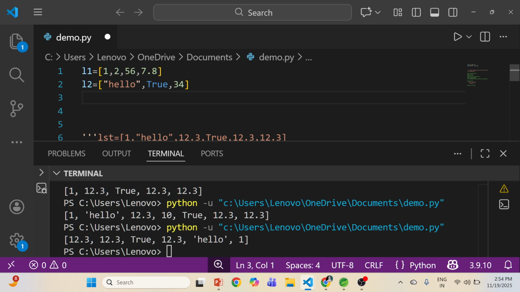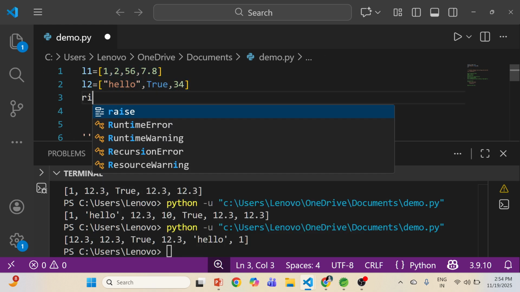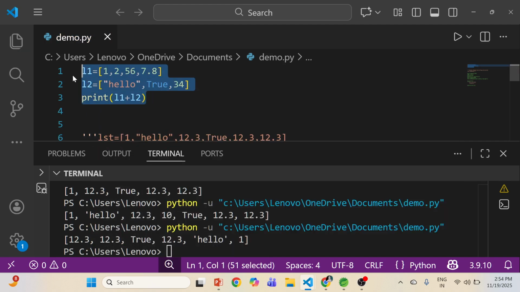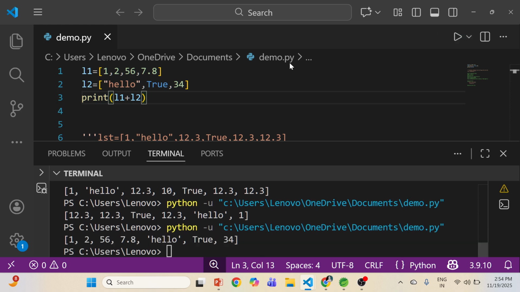I want to join them together. So I will write L1 plus L2. You can see both the lists are joined. This is the first operation. This is called list concatenation, joining them.